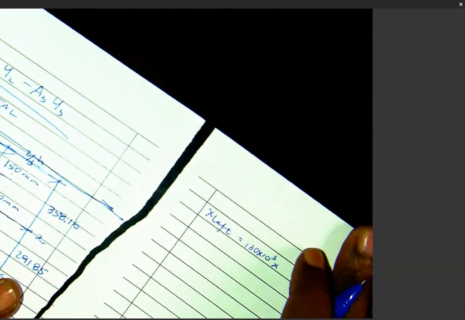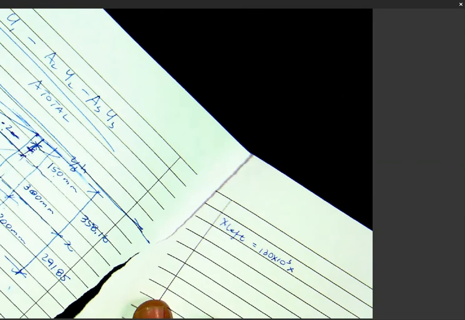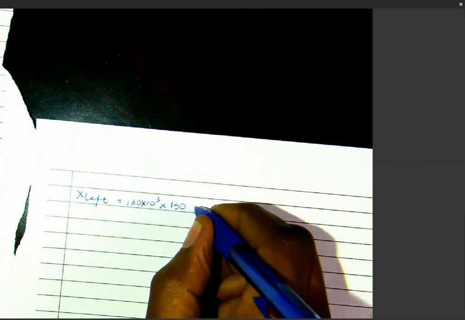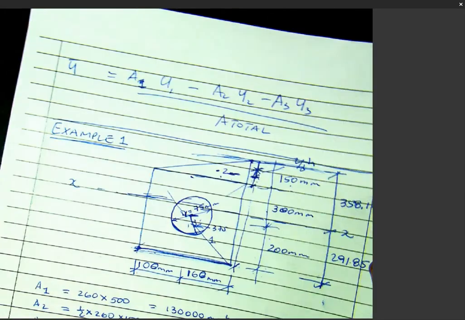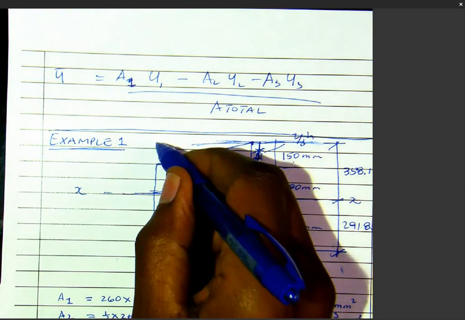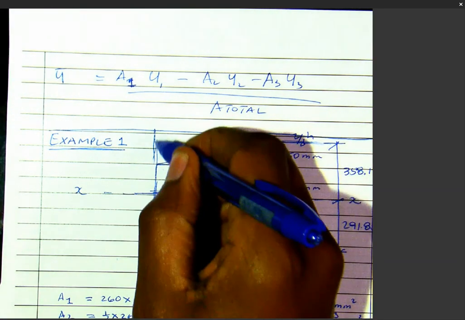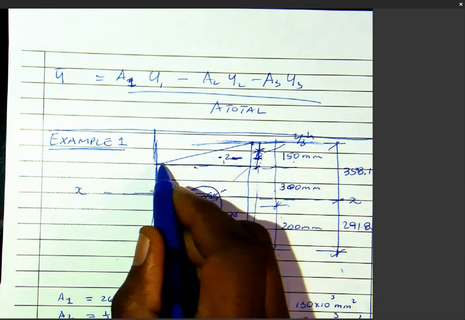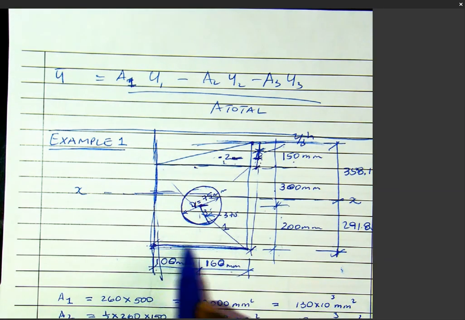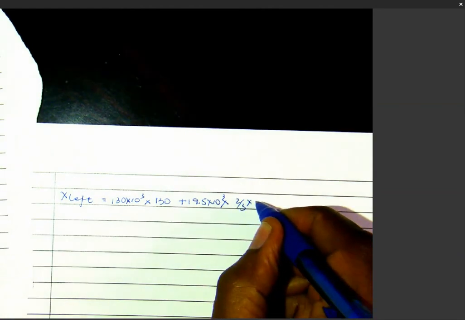So guys, times 130 plus 19.5 times 10 to the power 3 times what is the distance? Okay, because we're taking moments about this far end now, x left. What is the distance from there to the center of this area? It is 2/3 of b, 2/3 of this dimension. 2/3 is 2 all over 3 times 260